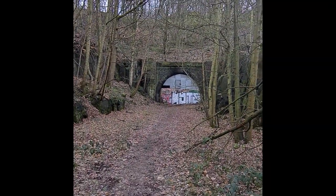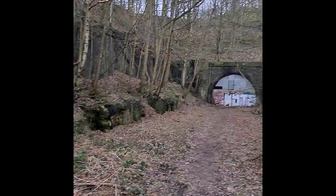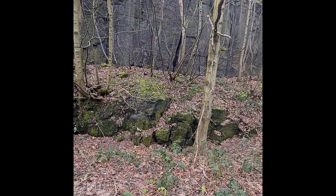So we're going to walk back through the tunnel now from the Penistone side, and then we're going to hopefully get into the other tunnel. And we can have an explore inside. Come on, let's go. Every so often there looks to be these filled in bits of brickwork,